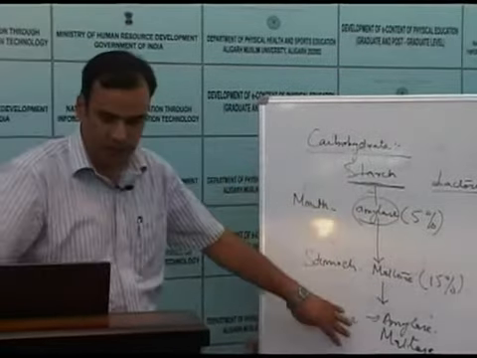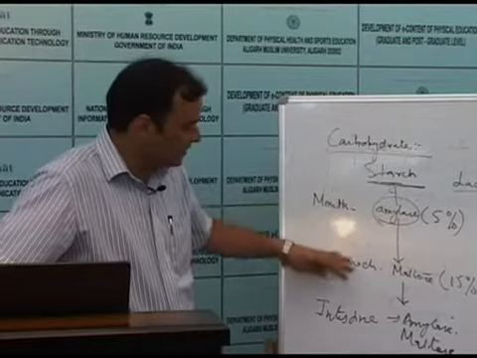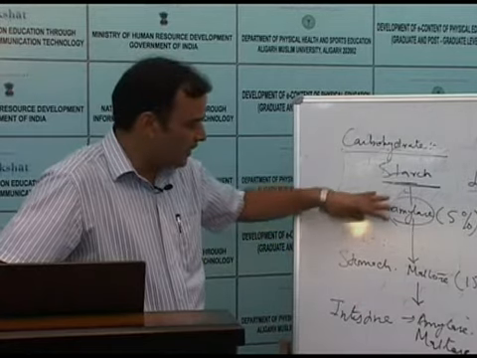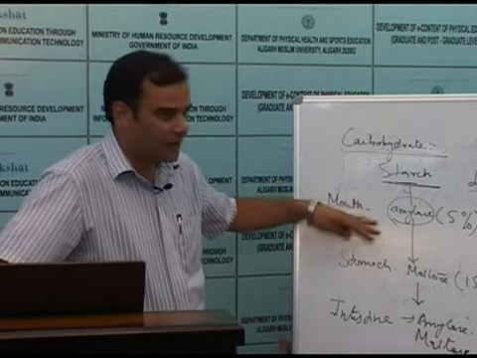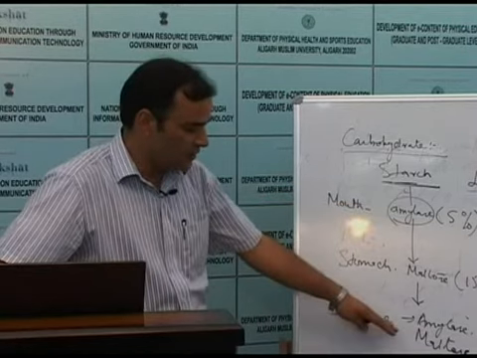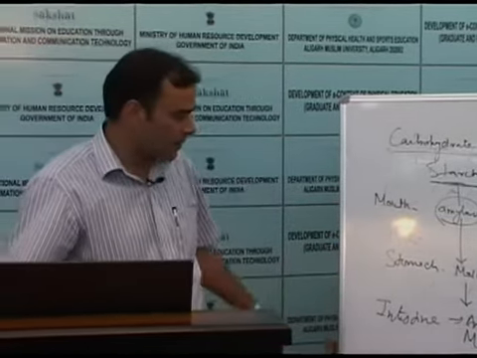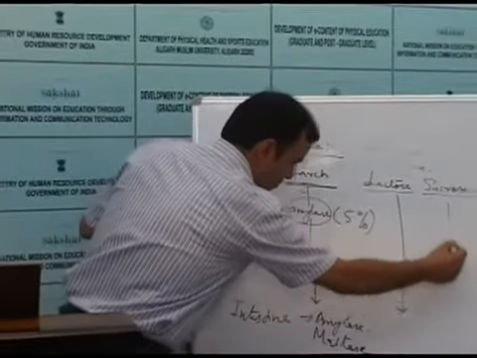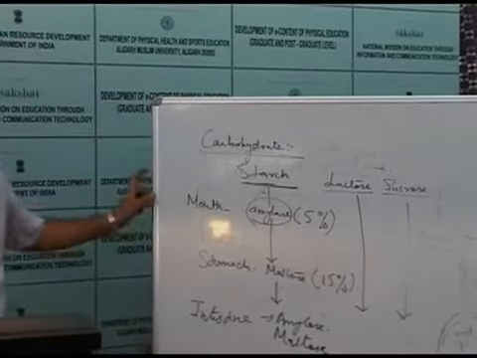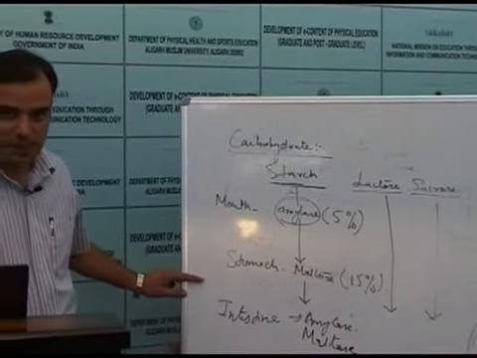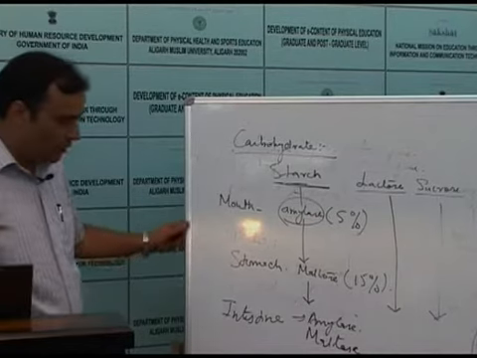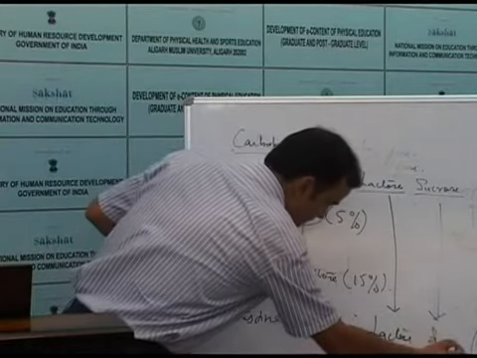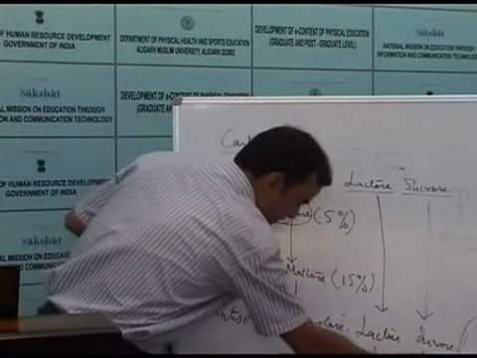So, this is the fate of starch digested in different parts of the GIT, first in the mouth, stomach and intestine. So, finally, by the help of pancreatic amylase and the salivary amylase, the starch is finally converted into maltose. There are no enzymes for lactose and sucrose in the mouth or the stomach. However, when this maltose, lactose and sucrose further